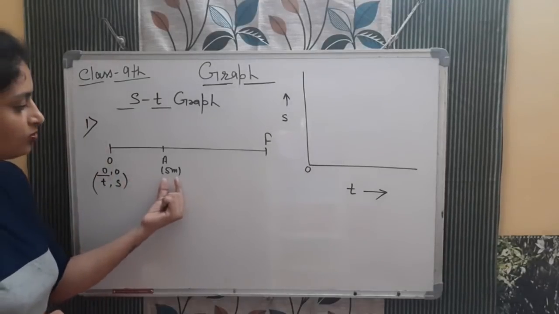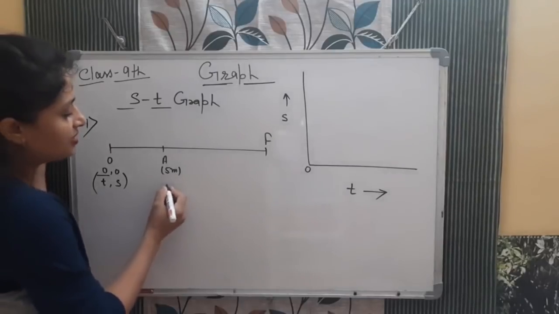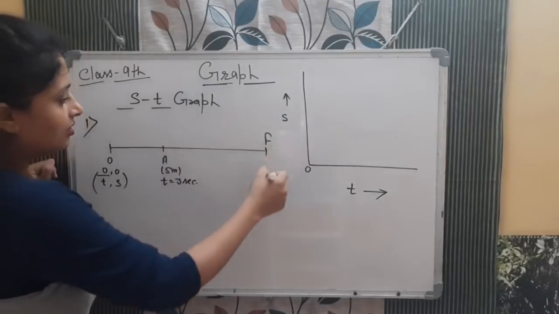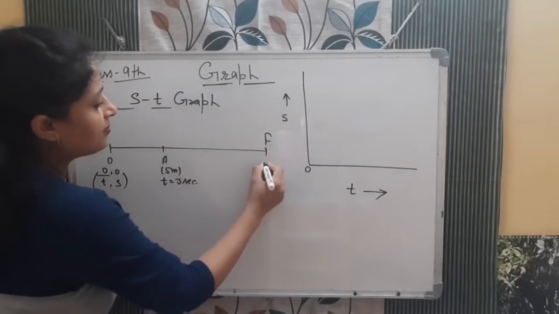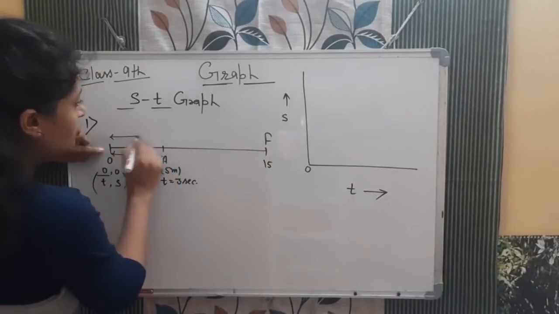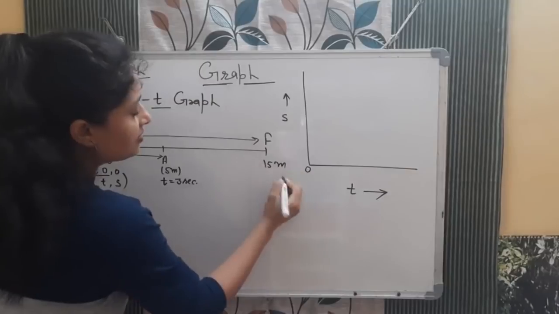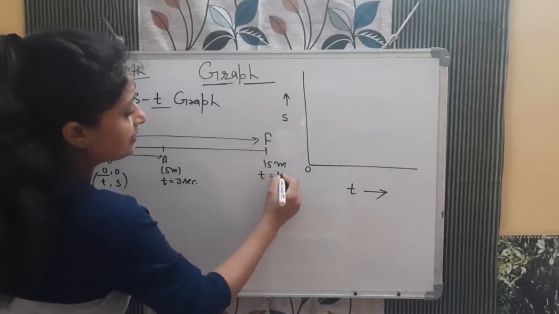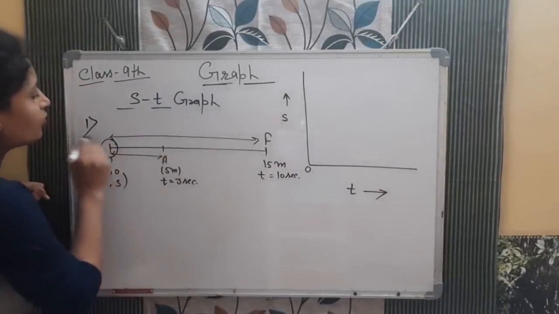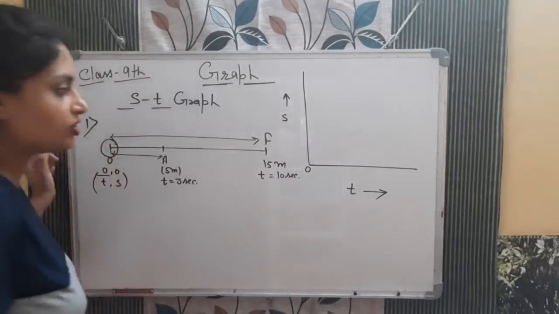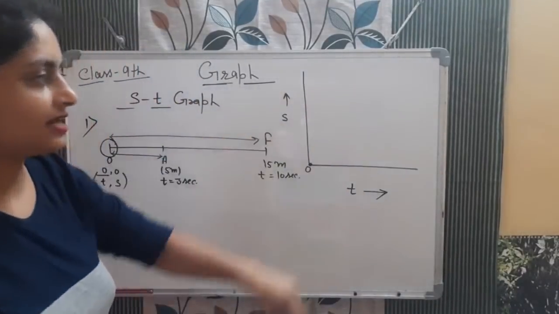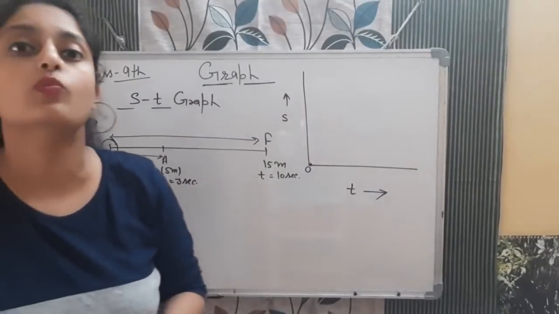But when I say the object is here, for example, the distance is 5 meter he covered and the time he took is 3 seconds. Then he went to the final point. For example, I am taking this distance from origin. So origin to here the distance is 15 meter and the time, for example, it took 10 seconds. Like this. So if I say the object is at rest at origin, it means the object is here. So there is no line in the graph, nothing, because the object is at rest. There is no movement in the object.